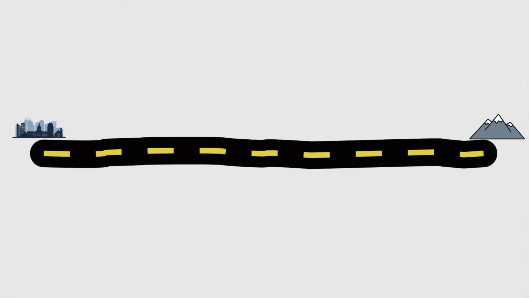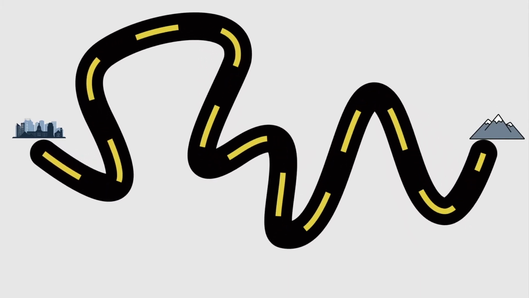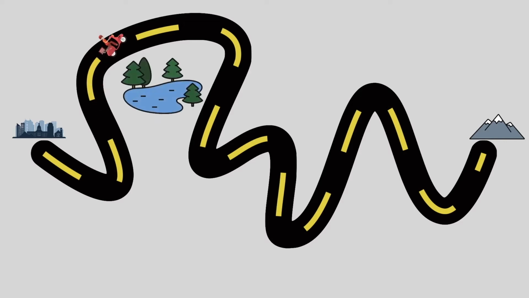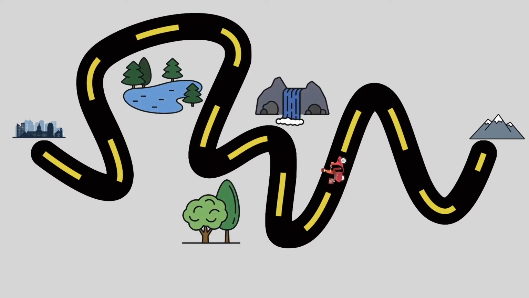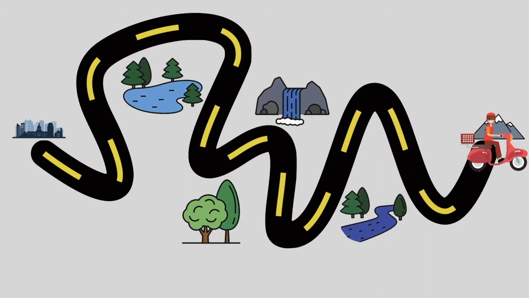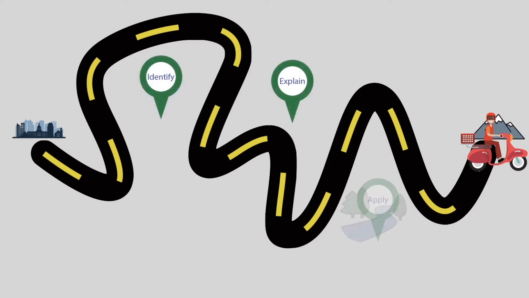Now, to make this road trip more enjoyable, we're going to add some stops along the way. You're going to need information about where you're stopping, how many kilometers it is until your final destination, or what world's largest monument you're going to be looking for along the way. This is like your LMS and the reading list. Your LMS is the road trip. You know where you're starting and where you want to end up. You've done this by setting up strong learning objectives.